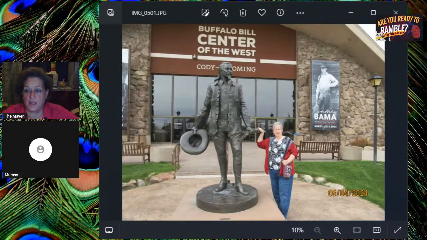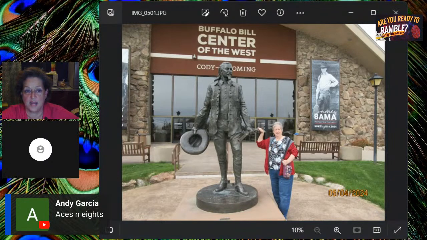Yep. And Andy's right. Andy says aces and eights. Yep, that was the dead man's hand. And then the fifth card was never known. And then there's some speculation as to whether it was both spades and clubs, so they were all black, or not. There's a legend that it was all black, but there's not concrete proof that it was.